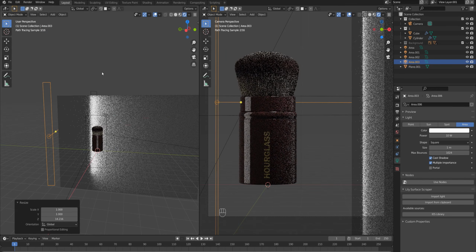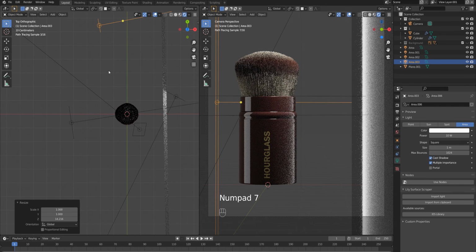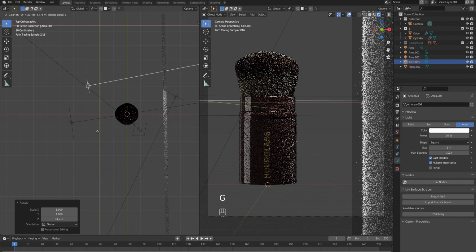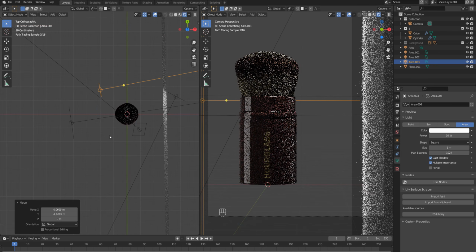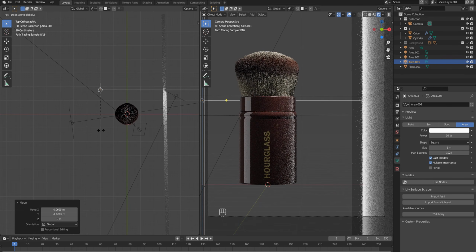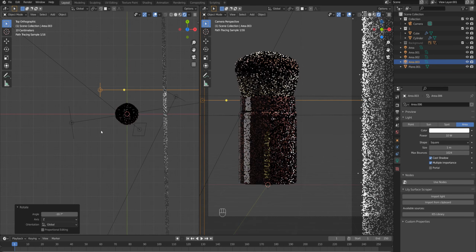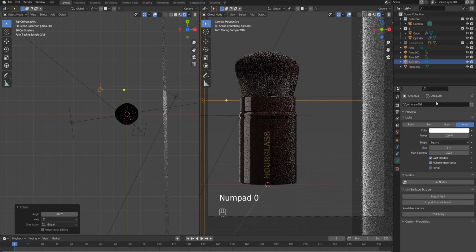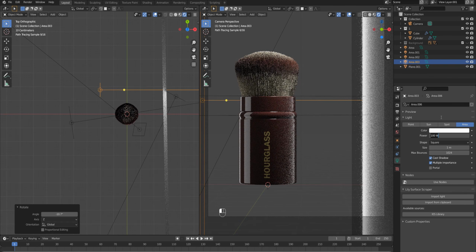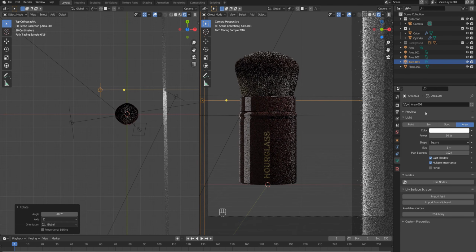to increase it along the Z axis, 7 to switch to top view, G, Shift Z, and I'm gonna put it somewhere here, RZ to rotate it again, like this, and let me increase the brightness as well. Maybe that's too much, let's try 50,